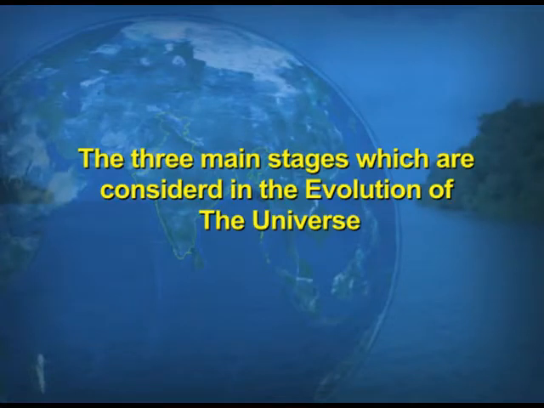The modern theories about the origin of the earth are most convincing. Among them is the Big Bang theory, also known as the expanding universe hypothesis. In the Big Bang theory, there are three main stages considered in the evolution of the universe, because this theory is not only concentrating upon the origin of the earth, it is in fact addressing the whole concern of the origin and evolution of the universe as such.